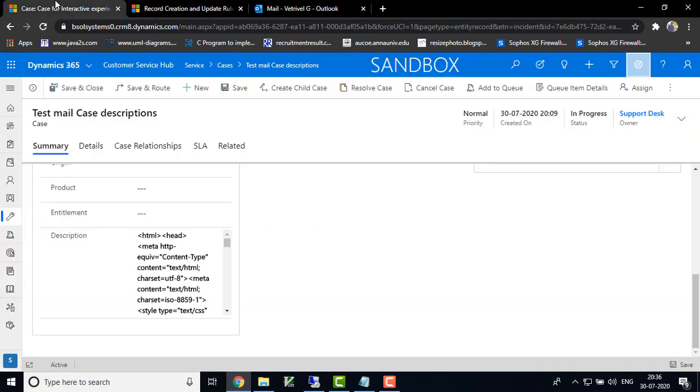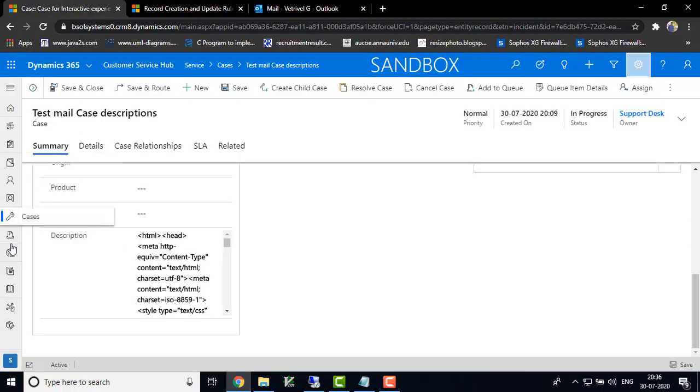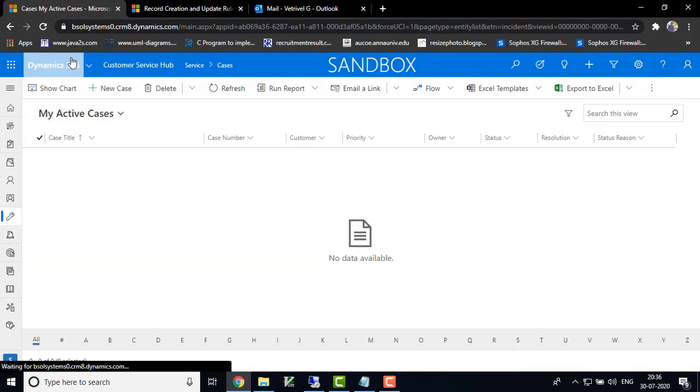Now we are going to check whether the email is received or not. My automatic creation and update rule is active. Now I am going to click cases and refresh the page.